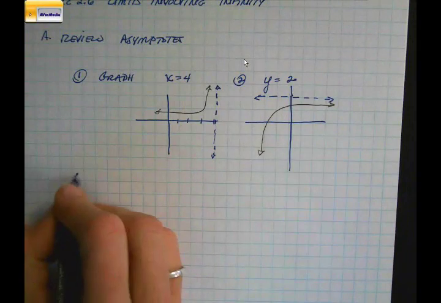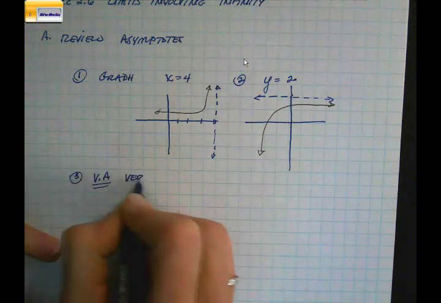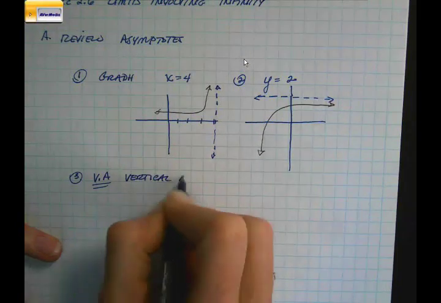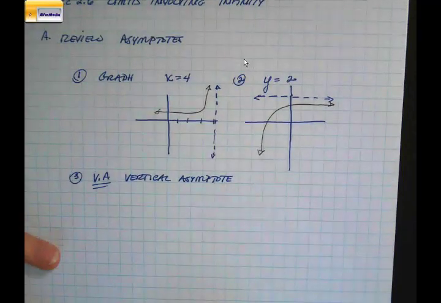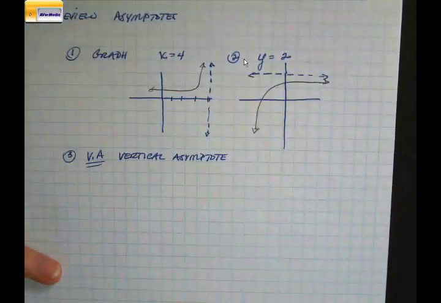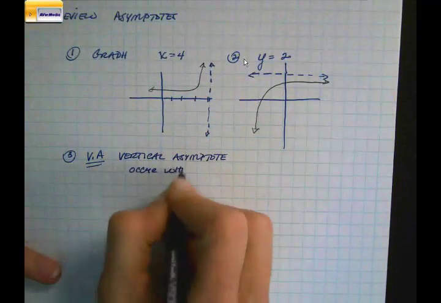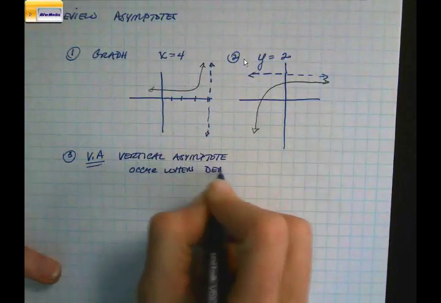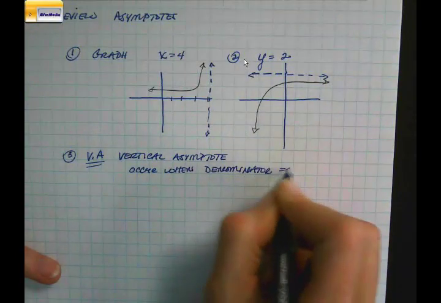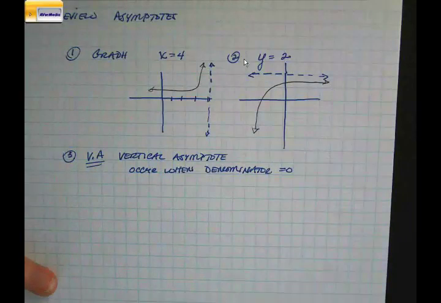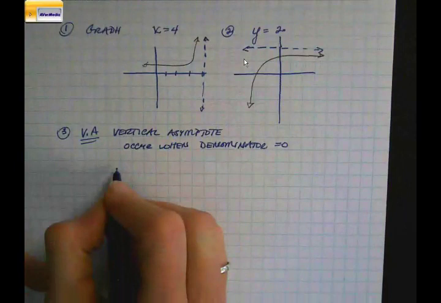You guys know, no doubt, about these vertical asymptotes at this point. We've been doing a whole bunch of this. And that VA, I'm sorry, that's always my shorthand for the words vertical asymptote, which takes forever to write. But you know that your vertical asymptotes occur when the denominator becomes 0. We've done a bunch of this. You're good at this. This is very fresh in your mind because we've dealt with this a lot already. So when you see a graph like this one,